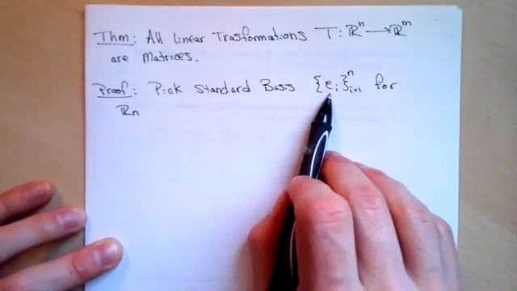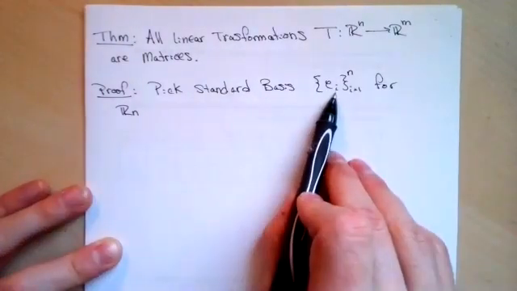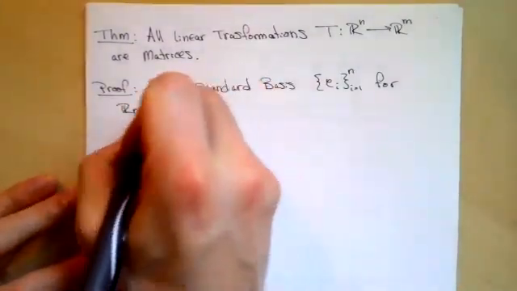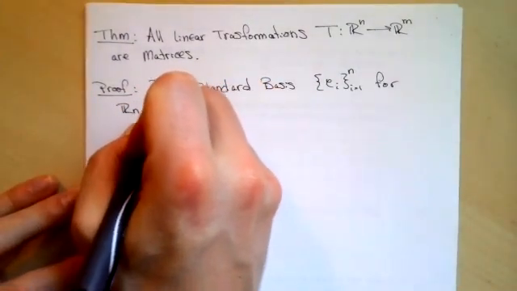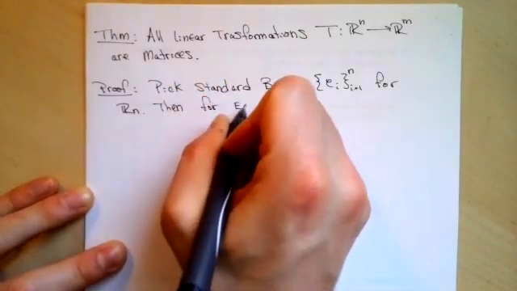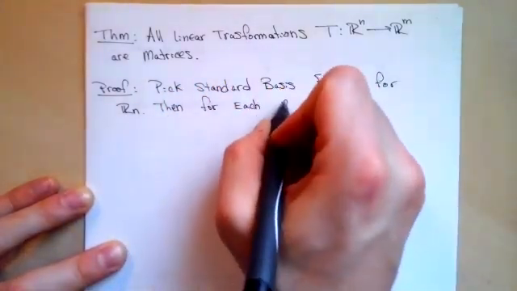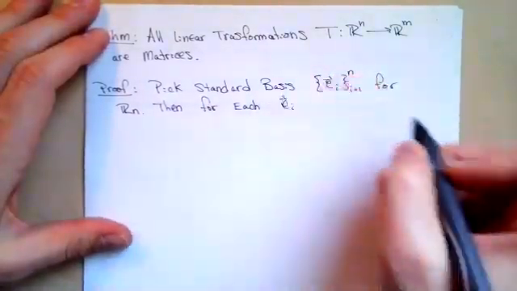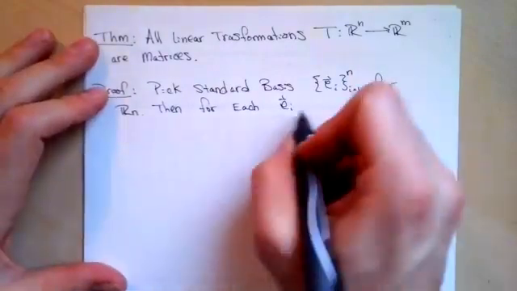Right, so our e_i are the vectors with zeros everywhere except a 1 in the ith position. Then, for each e_i, and let me keep the vector sign over top of those, compute